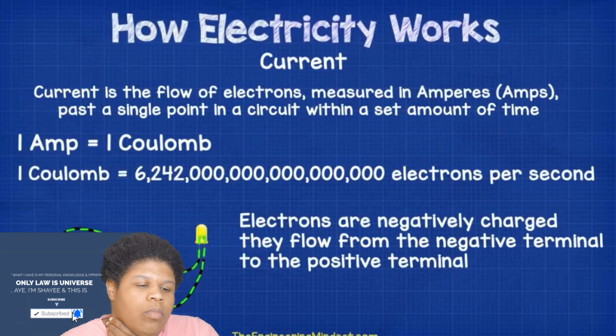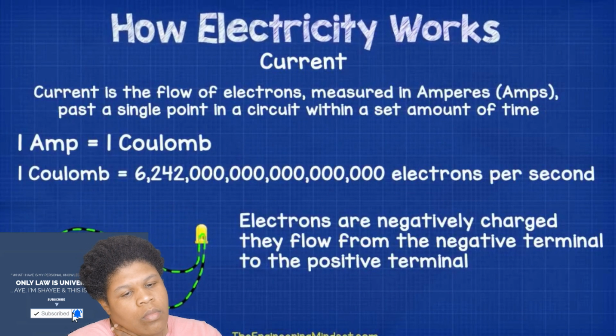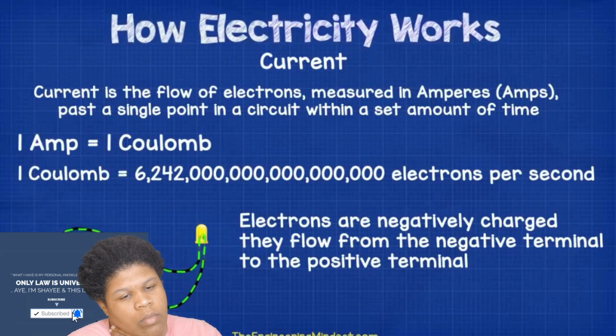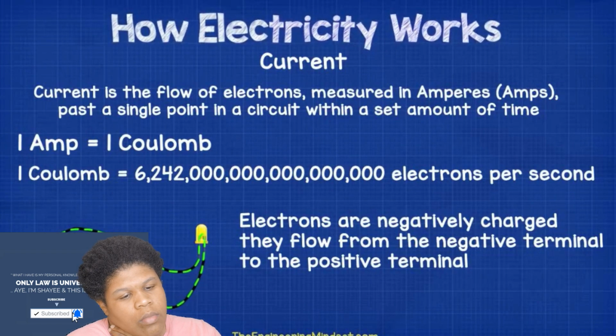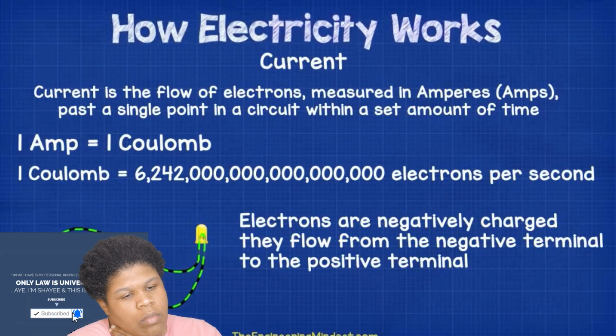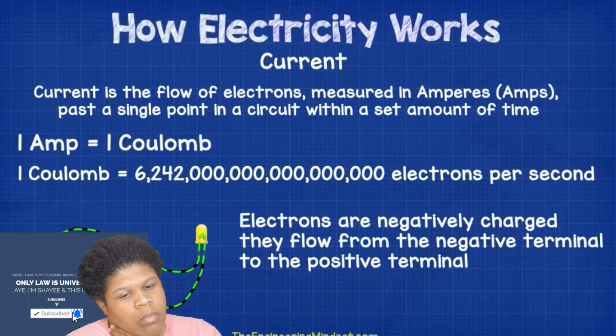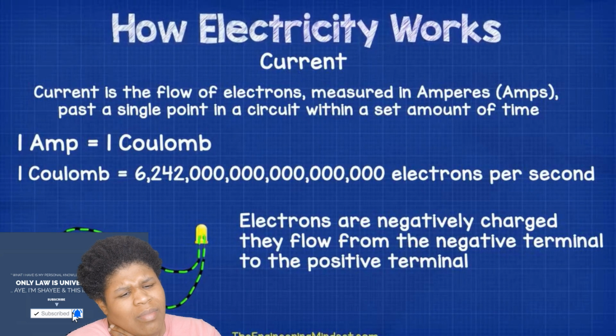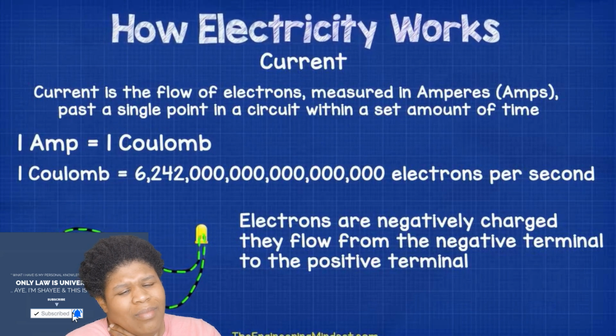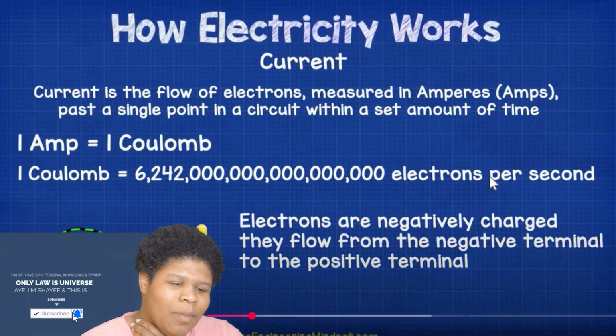Current is the flow of electrons. When a circuit is closed, it means electrons can flow, and when the circuit is open, no electrons will flow. We can measure the flow of electrons just like you can measure the flow of water through a pipe. To measure the flow of electrons, we use the unit of amp. 1 amp means 1 coulomb per second, and 1 coulomb is a group of electrons. The group is incredibly large and is approximately 6,242,000,000,000,000 billion electrons, and that has to pass in one